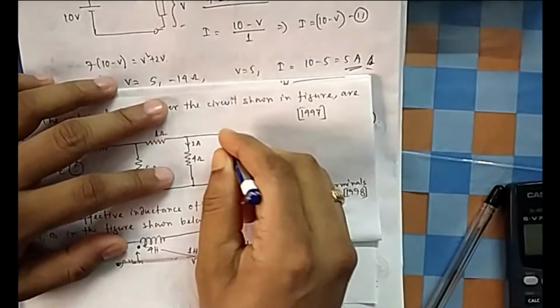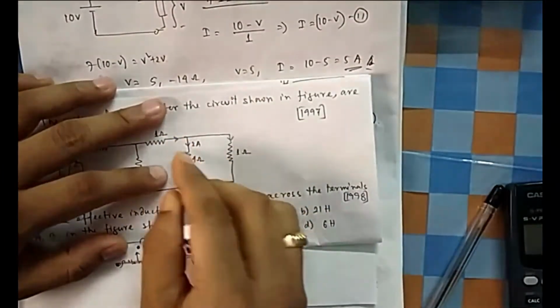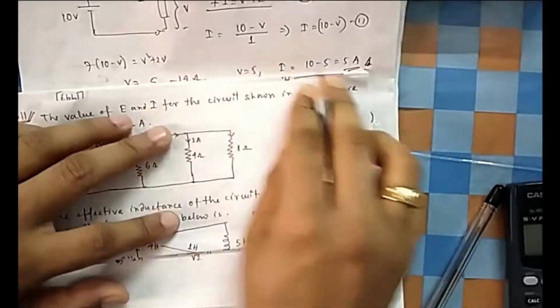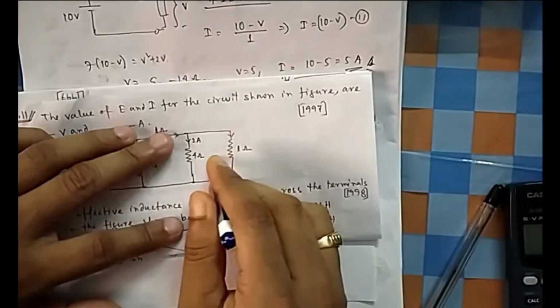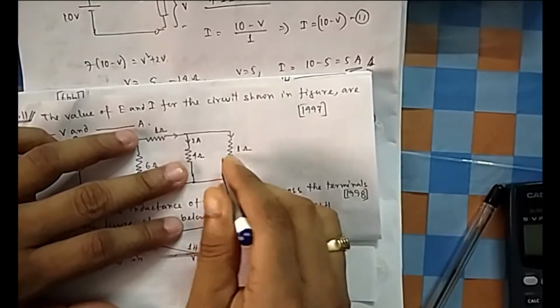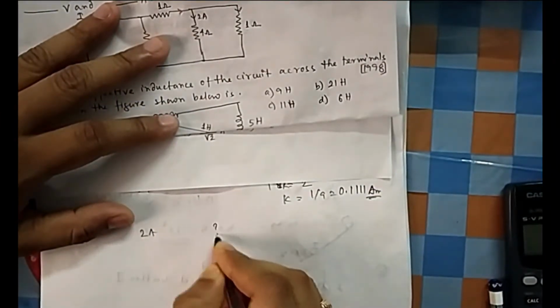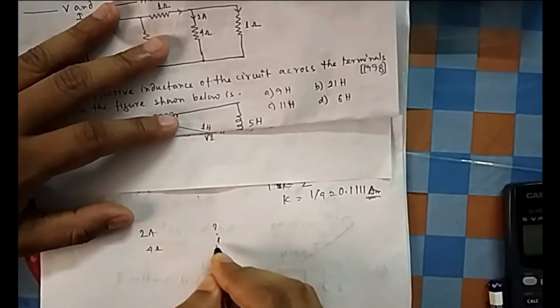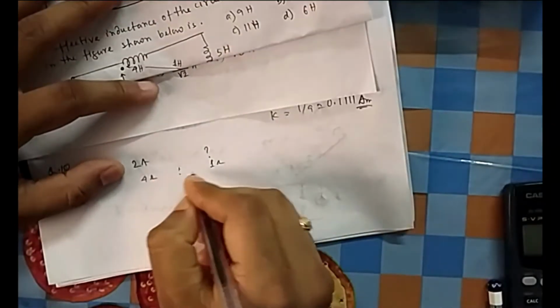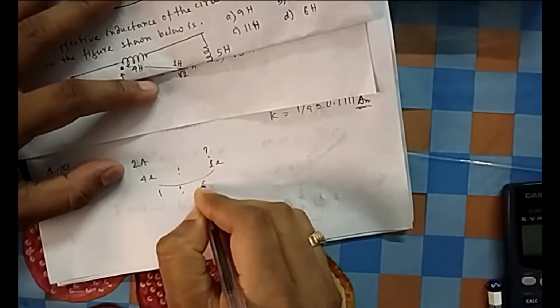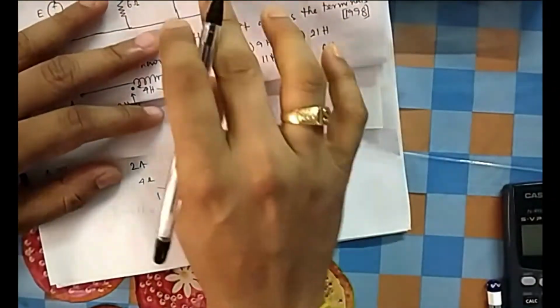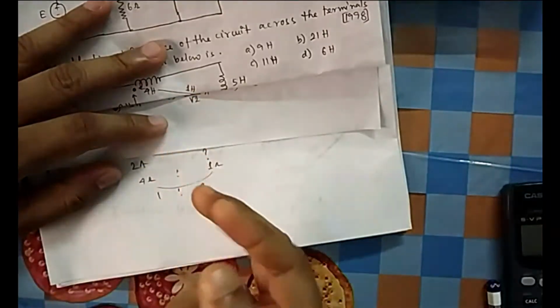Because this is 2 ampere, what will be the current here? You can see the current is coming here and then divided into these two parts. So, current division law. What is the current division law? Current division law is the reverse of the resistance ratio. This is 4 ohm and this is 1 ohm, so the resistance is in a 4:1 ratio, so the current will be in a 1:4 ratio. The smaller the resistance, the more the current, so it is a reverse ratio.